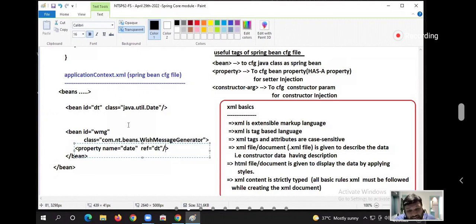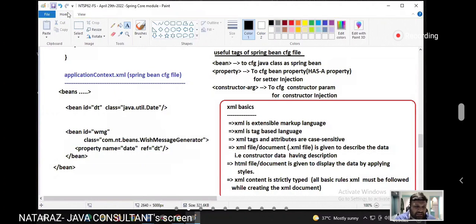Spring container, I am configuring the date property with the property tag. So you perform setter injection to inject date class object to date property. Date class object to date property. Are you listening to my statement, guys? Sir, what is this?